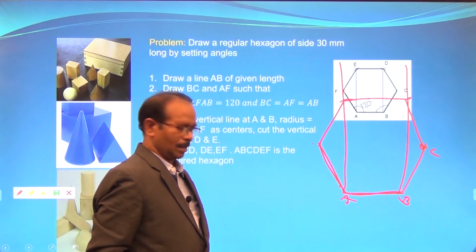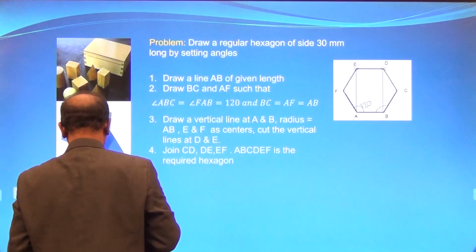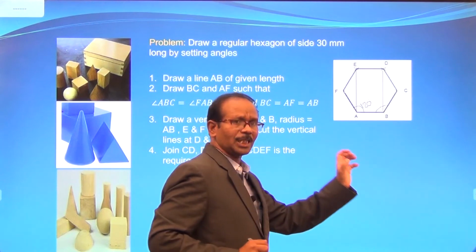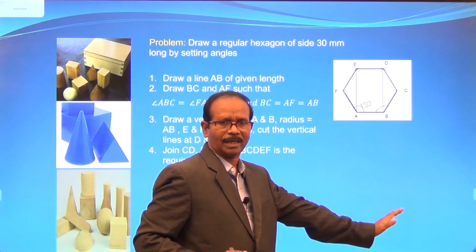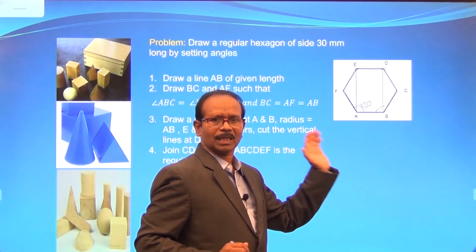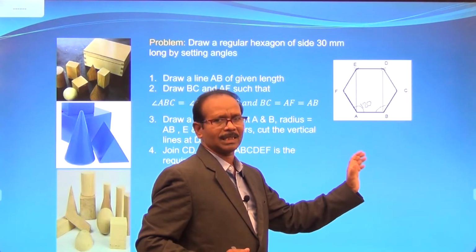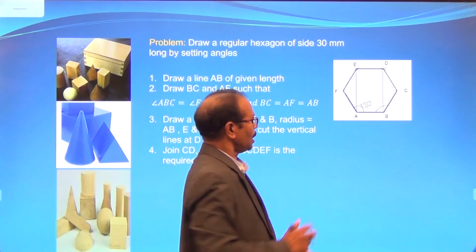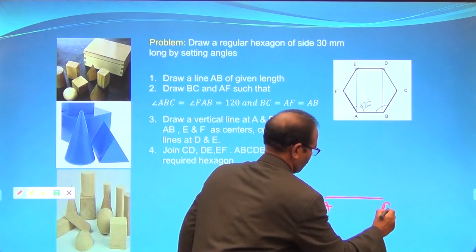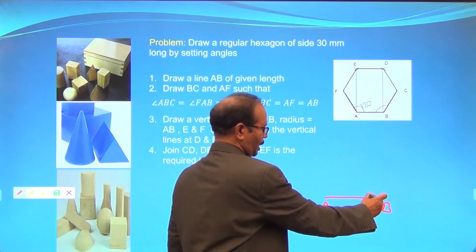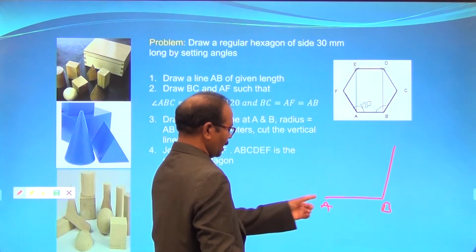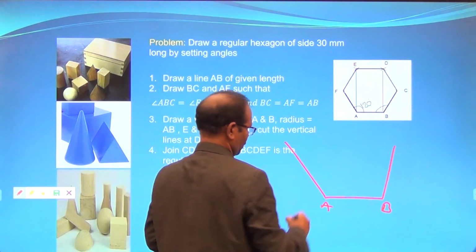Required polygon. Clear? Just quickly I repeat again. Easy to construct. No need to worry. Even a small school child can easily construct by listening to my words. Let's see. Now draw AB. Draw 120 degrees at B. So this is 120 degrees. 120 degrees at A. This is 120 degrees.